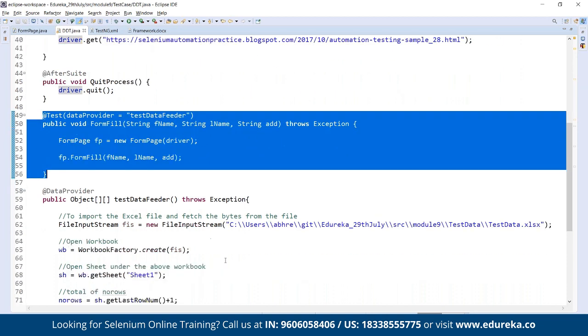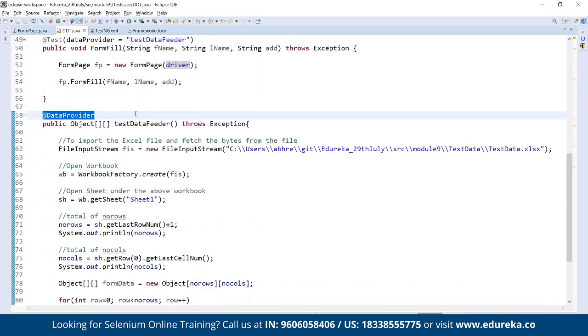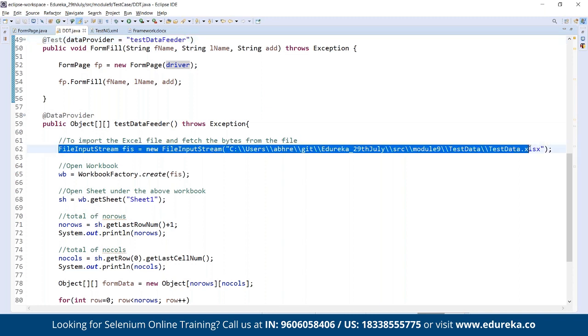Then after that, where is the data coming from? So I have used the DataProvider annotation over here, wherein this DataProvider annotation is helping me to pass the data that you get to your @Test annotation. So there is a link between the DataProvider and the @Test annotation, and that is the name of the method. Another thing about this DataProvider: it reads the data from this particular Excel file that is in this particular location. So it reads the data,